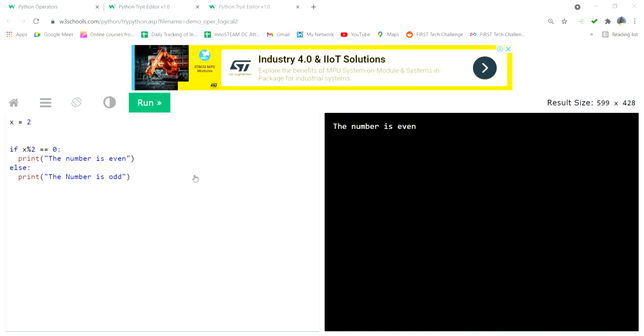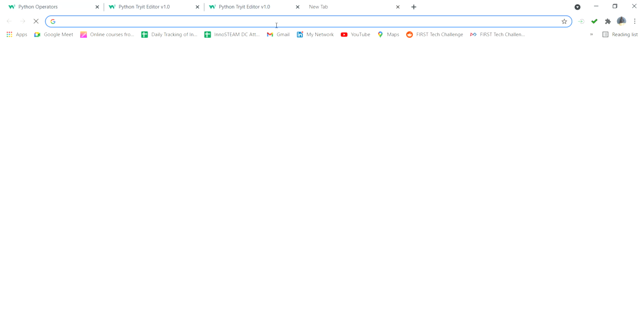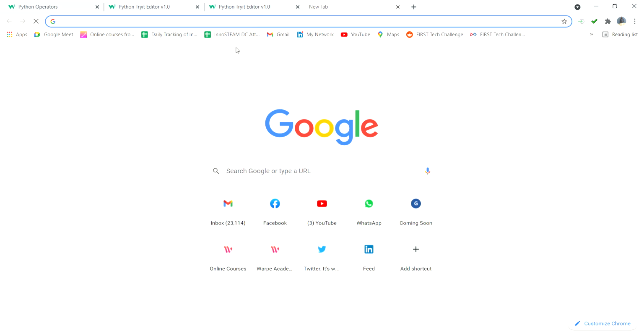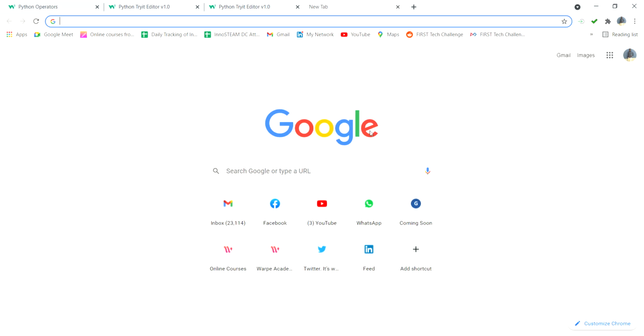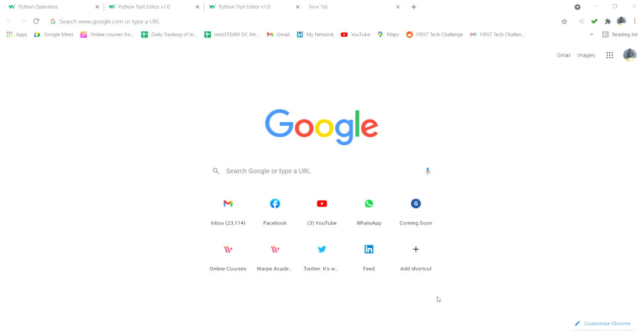Yes ma'am, it is possible on a mobile itself. I shared a link, ma'am, for PyDroid. PyDroid is one app that you can try. Otherwise you can try W3Schools only, ma'am. Now I showed this is W3Schools. This is also an app. If you open W3Schools, you can write it like this also, no problem.